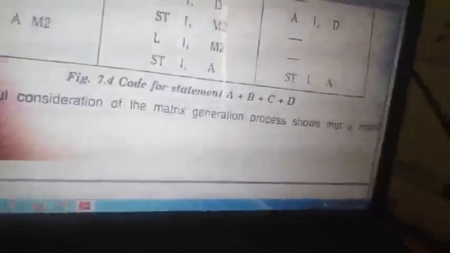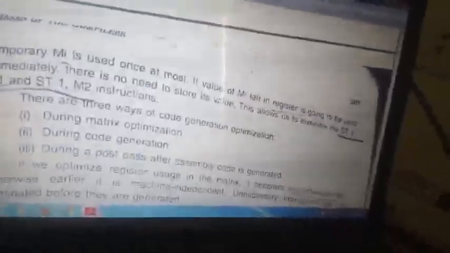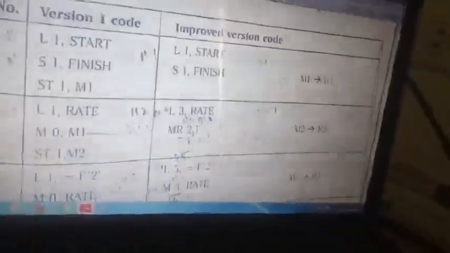Next, before that, what we had was matrix optimization. Matrix optimization is this one. So you can see that this is the actual matrix created for that whole expression.